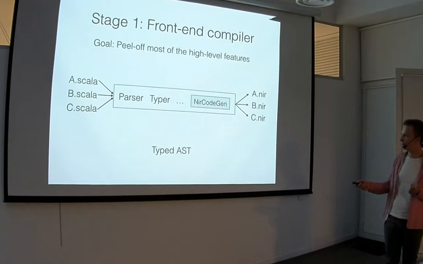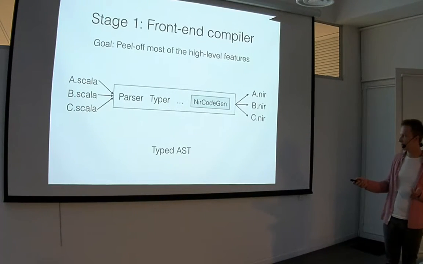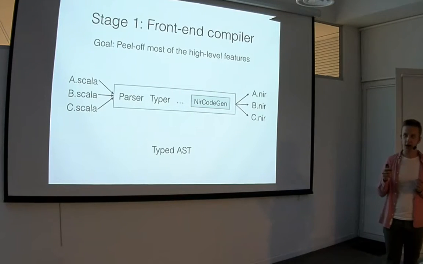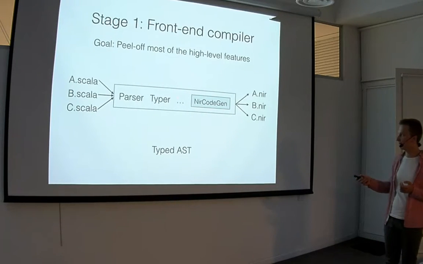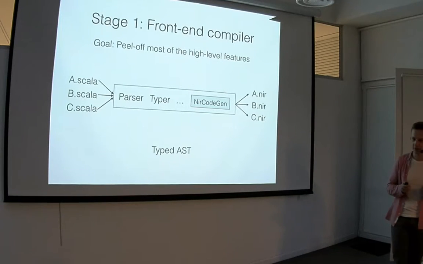Here, as an input, we get source code, which is basically bytes of text, right? It's parsed into a tree that is typed. So you get a typed AST, which is also the basis for the acronym TASTy. It's a Dotty format for storing typed trees, which are still reasonably high level. So it's a new format which will happen in Dotty.